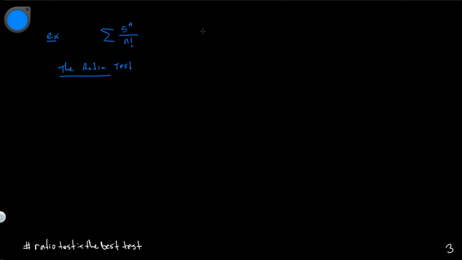All it says is that we need to look at a sub n, which is 5^n over n factorial. We need to look at a sub n plus 1, which is 5^(n+1) over (n plus 1) factorial. We need to look at these two things in ratio and look at its value. If it's less than 1, it converges. If it's greater than 1, it diverges. Let's go ahead and look at this thing. The limit